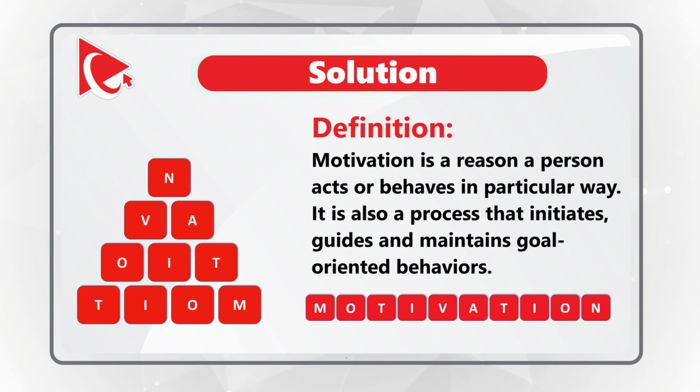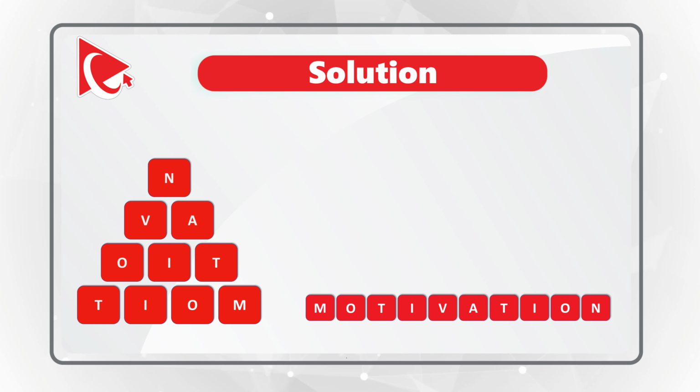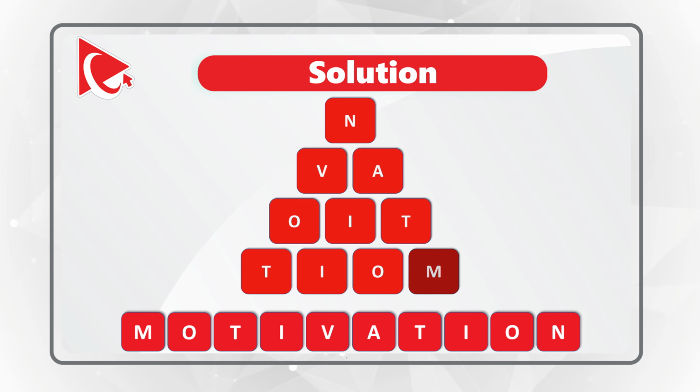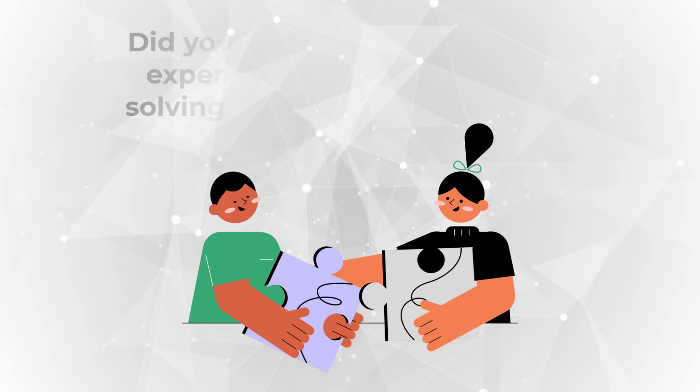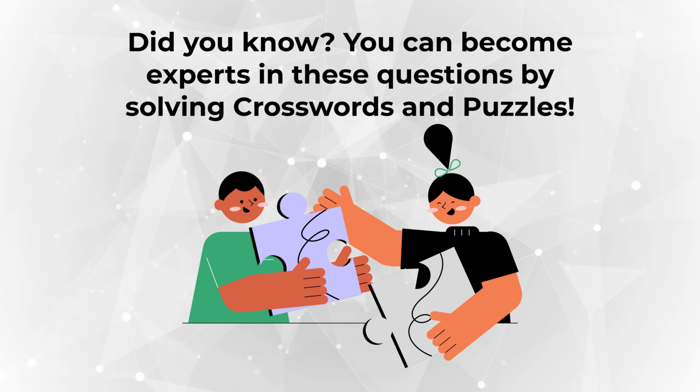Believe it or not, doing more practice exercises helps you get better with the skill of forming words. For example, if you start with the bottom right corner, you can form the word motivation. You see M-O, and then you swap T-I, and then if you continue, you go V-A-T-I-O-N. You can solve these types of challenges better if you do more crosswords and puzzles.